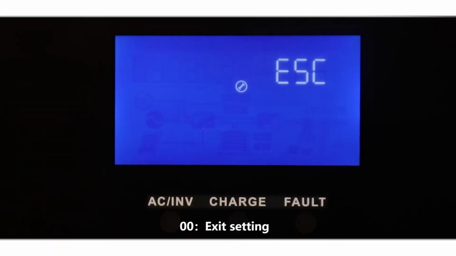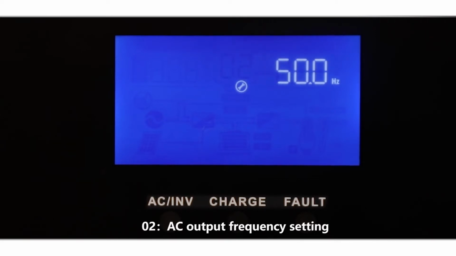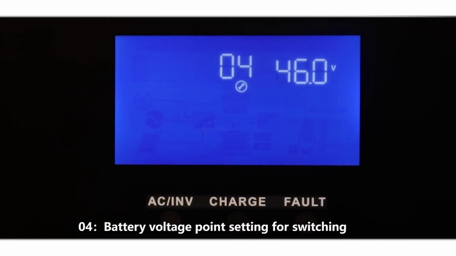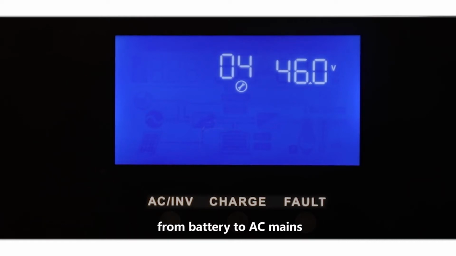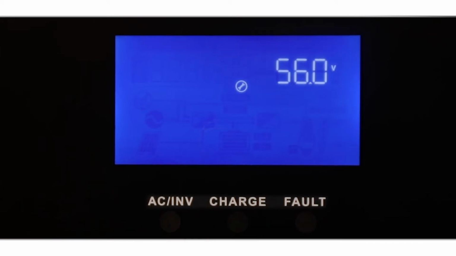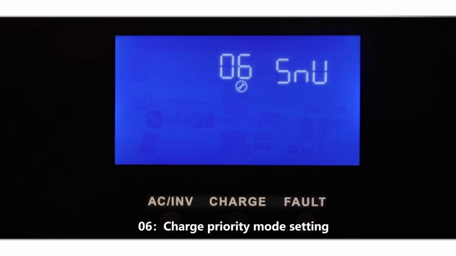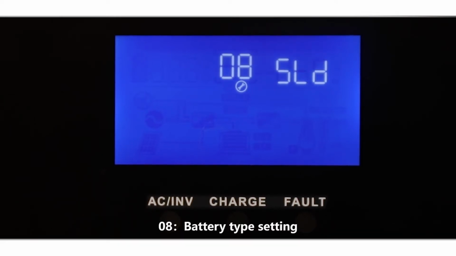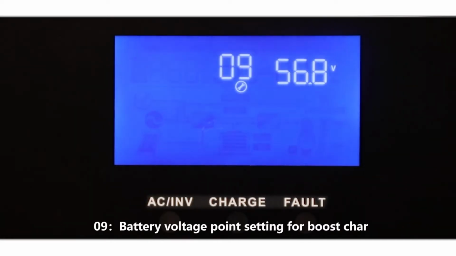Description of each setting group. 00 exit setting, 01 working mode setting, 02 AC output frequency setting, 03 AC input voltage range setting, 04 battery voltage point setting for switching from battery to AC mains, 05 battery voltage point setting for switching from AC mains to battery, 06 charge priority mode setting, 07 maximum charge current setting, 08 battery type setting, 09 battery voltage point